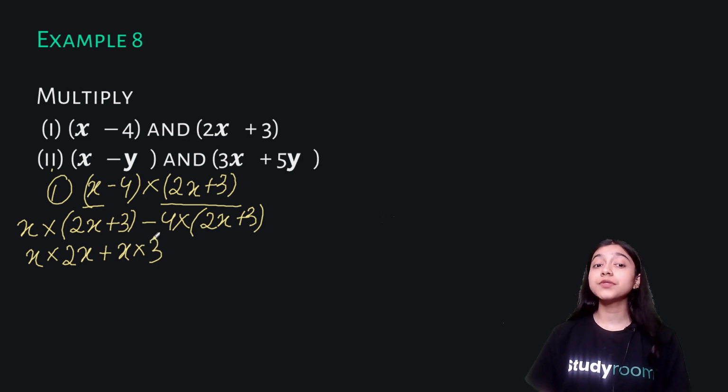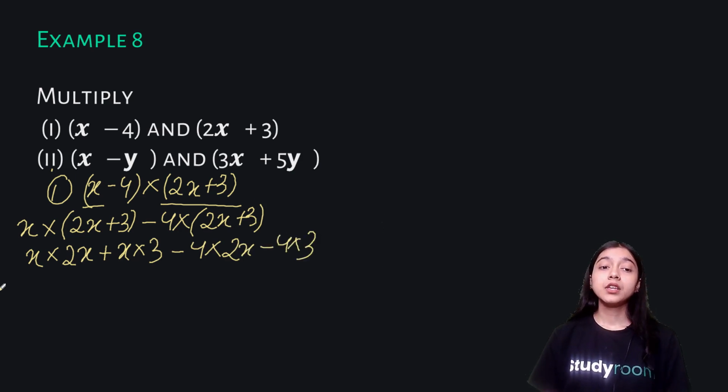So for doing this, we have to multiply minus 4 with the first term, that is 2x, and then we have to multiply minus 4 with the second term, that is 3. So I'll write minus 4 multiplied by 2x, and then again I'll write minus 4 multiplied by 3. So here we have